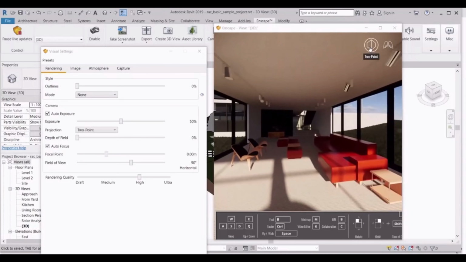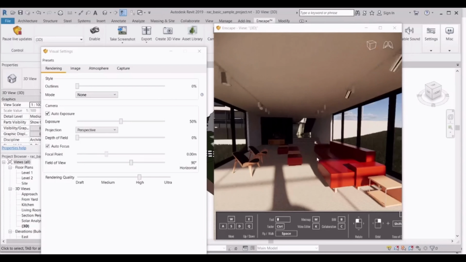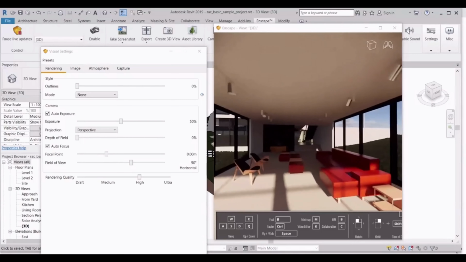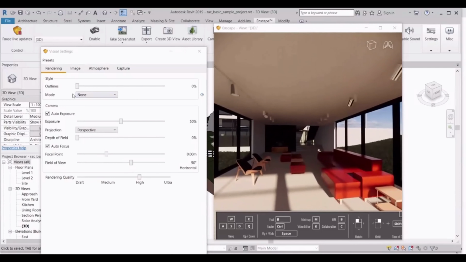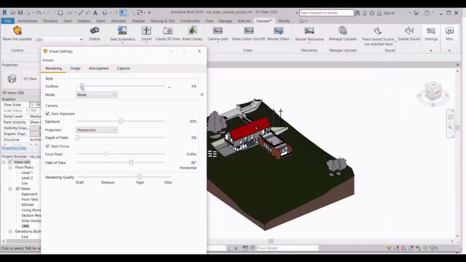Here you can choose perspective, 2-point, or normal orthographic. Let's choose perspective now, and you set the view right now. Here you can change the style.